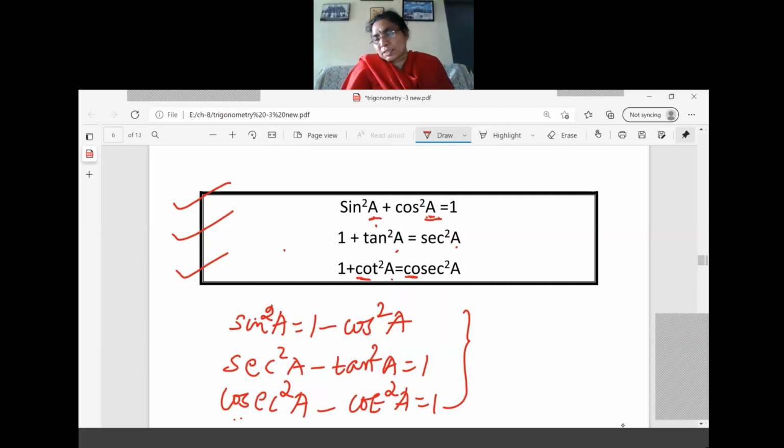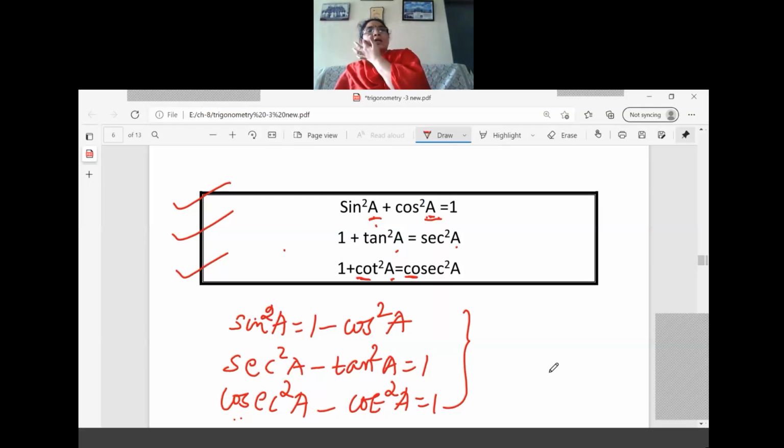1 plus cot square 60, if you are using, it is cos square 60 only. Certain conditions are there. The 90 and 0 special cases are there for the second and third equations. For the first equation, nothing is there. So it's a normal formula, and it is easy to remember also. So again, three more formulas added for you to learn, that must be learned. Daily you should do a practice, then only it will be easy for you, right?